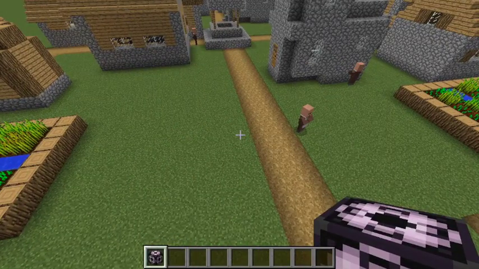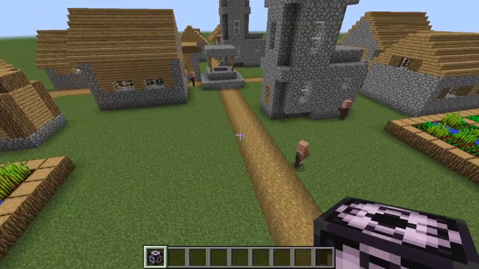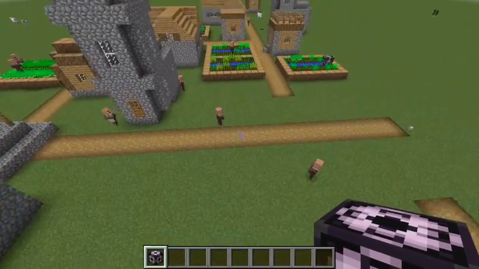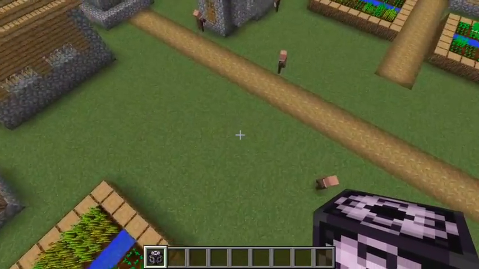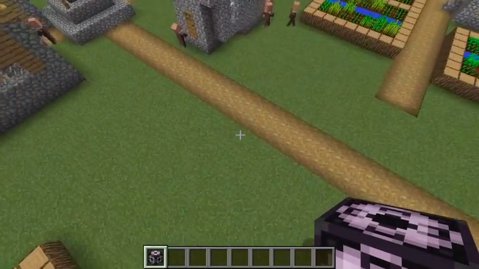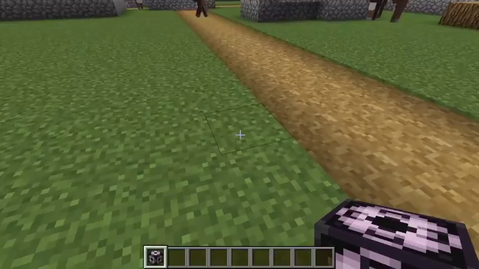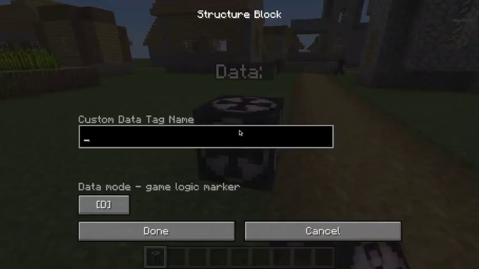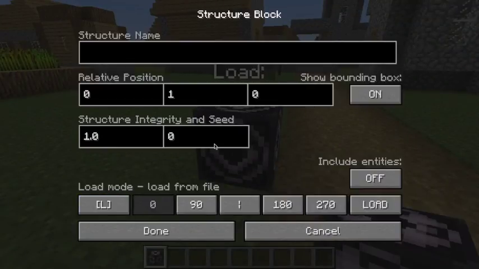Okay, so the last thing I'm going to show you is basically how you can rotate objects. So if you want to place down another church, but you don't want it to face this way, you want it to face a different way. Well, the simple way to do that is you just place down your block, like such, enter it in, go to load, like you said, then enter in the structure name, church, like so. Include entities on,